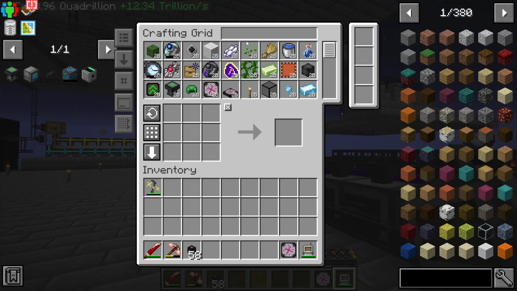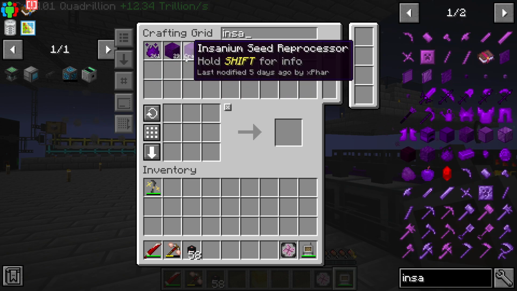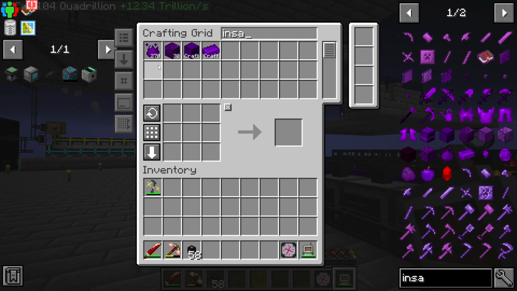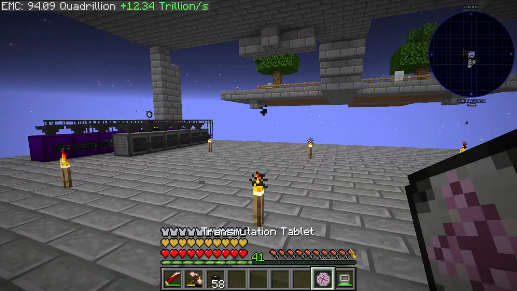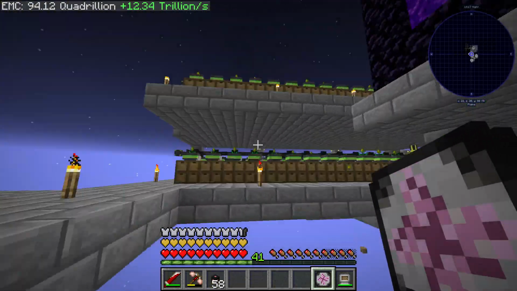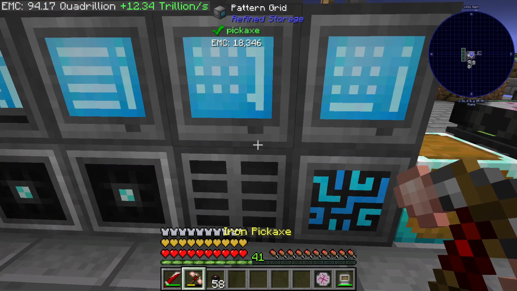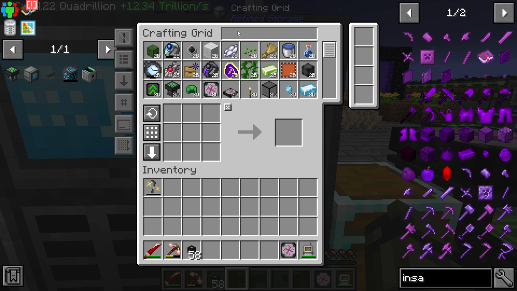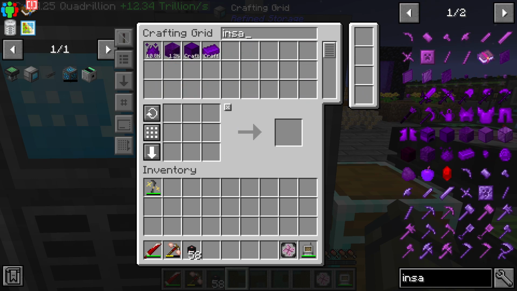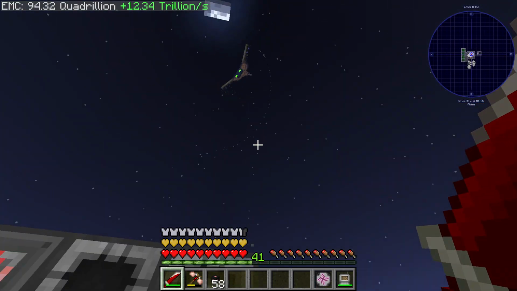Which means if I come here and search for insanium, right now I've got 29 insanium blocks. This is really getting annoying. I don't have 29 insanium blocks. This integration is killing me. Let's start again. Insanium, I've got 1.2k blocks or 10,000, and I've got one of your little surprises coming down